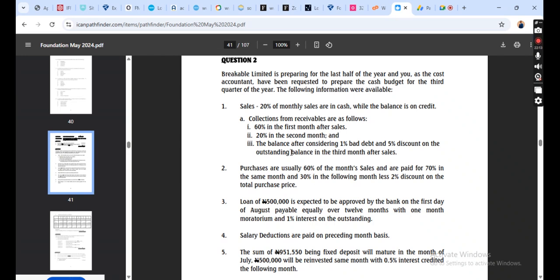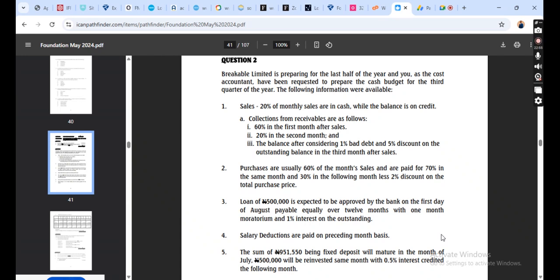Really? Olalekan. Olaide. Well, my own understanding, I'm looking at it this way. Since they said 1% on the outstanding. Hold on, Olaide. Since they were giving the grace for the first month, maybe we are going to deduct that 416 from the total amount. Hello, no, we're not deducting.